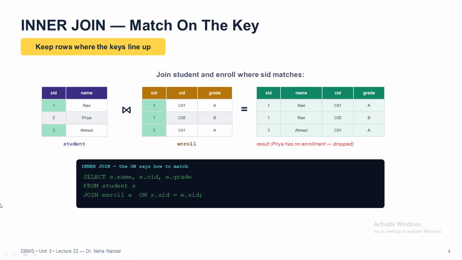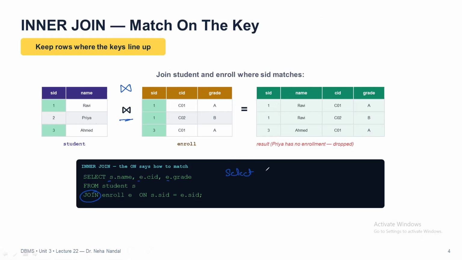What we have written earlier is select name, CID, grade from student join enroll. Here we have utilized this keyword join. But earlier I showed you another way to write it. This is basically the join operator in relational algebra, as we have done. It was inner join, the same as in algebra. First it will perform the cross product, then it will apply the condition and keep only those values where SIDs of both tables are matching.